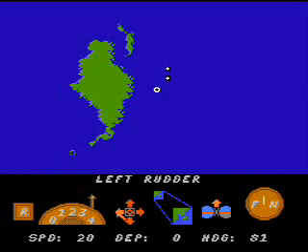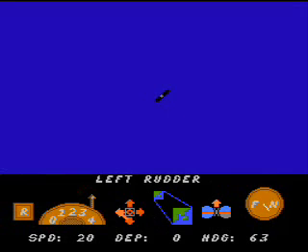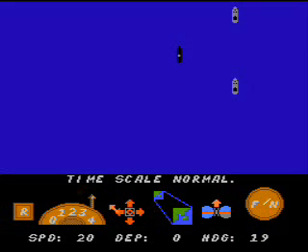Now you can also steer yourself on the map screen as well. This is best done by the attack plot, so you can see the angle at which you're going. You can check it out by the heading as well, but I noticed the attack plot is just a little simpler, and you'll probably have to increase the speed a little bit. Hopefully you're not in danger as well, because your real enemies will fire back at you,